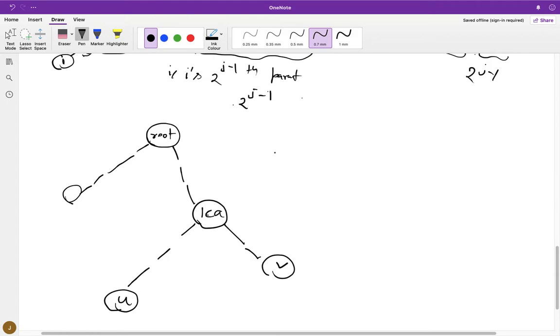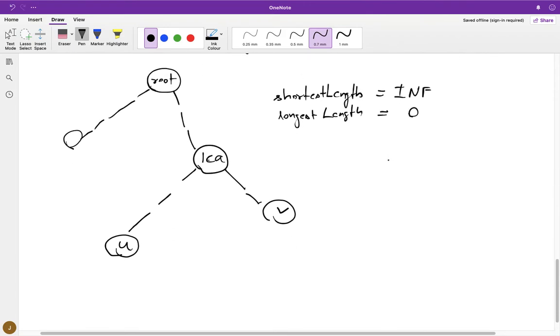We are going to take two variables. Let's call one of them shortest length, and we'll initialize it with infinity, and take another one, longest length, which we'll initialize to 0.